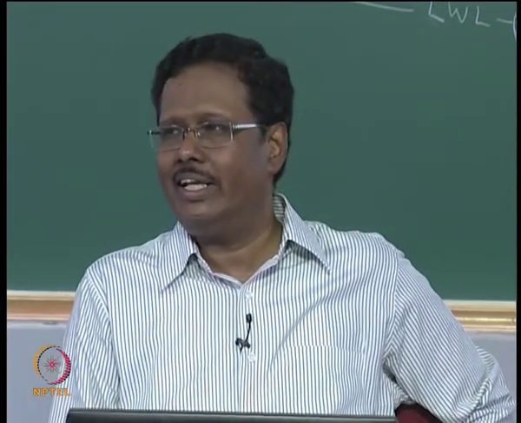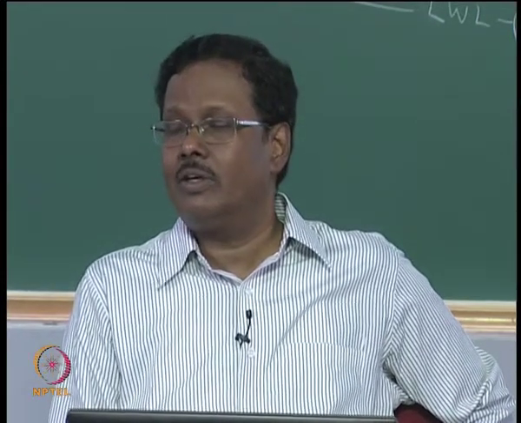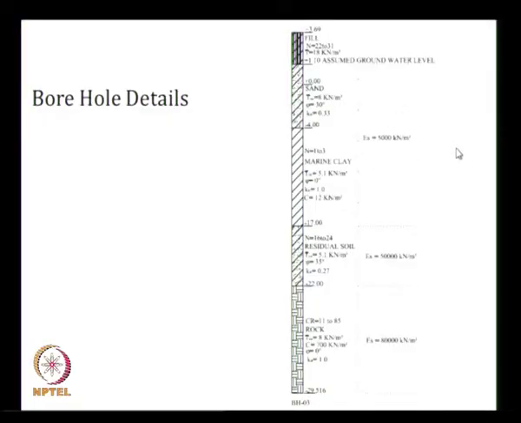You are a civil engineer, you know that it is a function of whatever grade of concrete you are told. For M25, 5000 into root of 25 is 25,000 megapascal. So the Young's modulus of concrete is this multiplied by root of FCK. Now we are using M40 grade, so it will be more than 6 times, that is the Young's modulus of concrete.